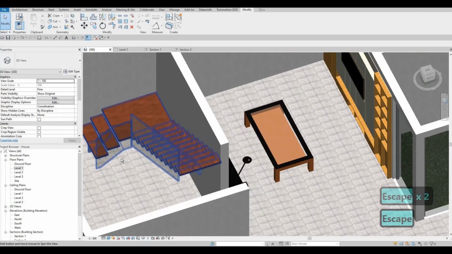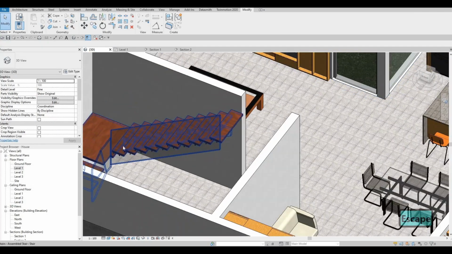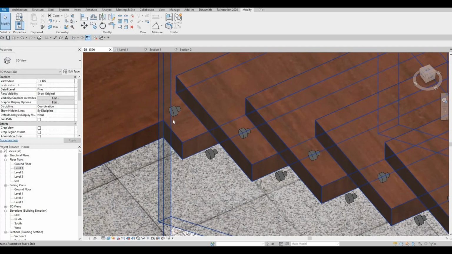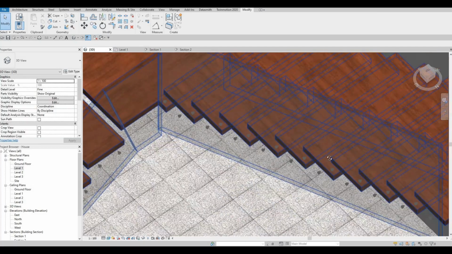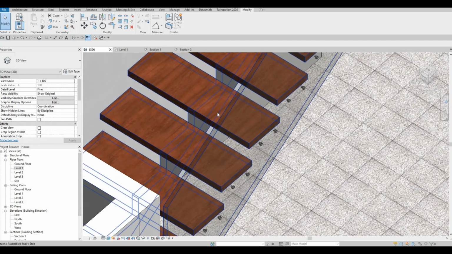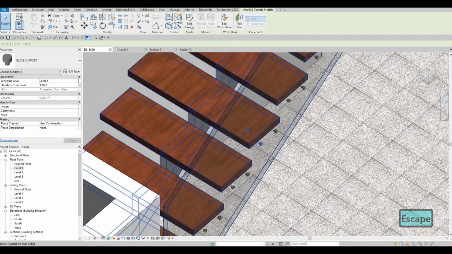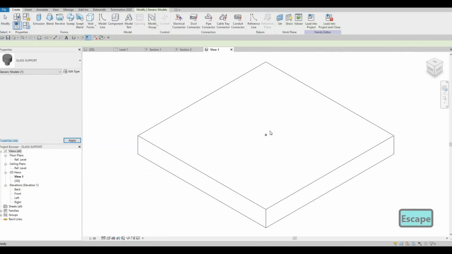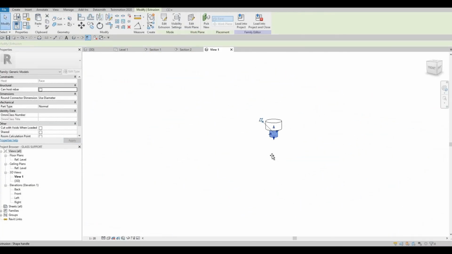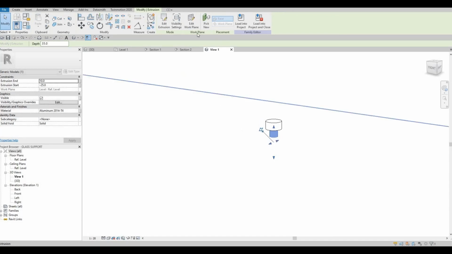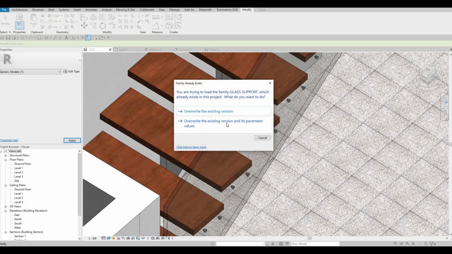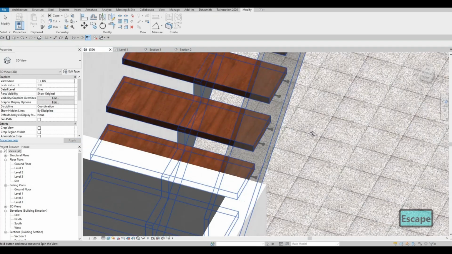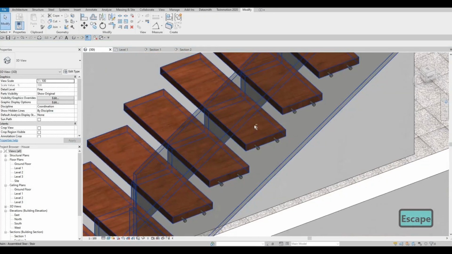If we see it, everything looks really good, and as you can see there, the only thing that I want to do is at least I want it to be piercing there. So maybe I could just edit family and probably pierce this one through. Load it, overwrite existing, and then there we go. So that looks really good,